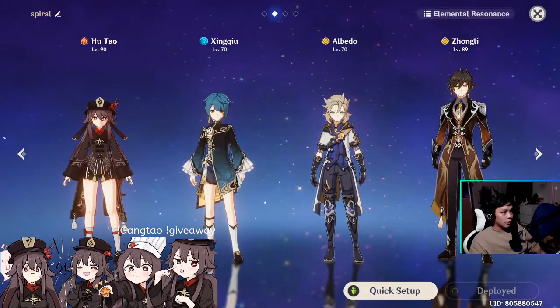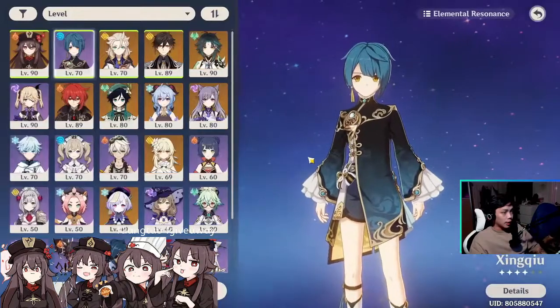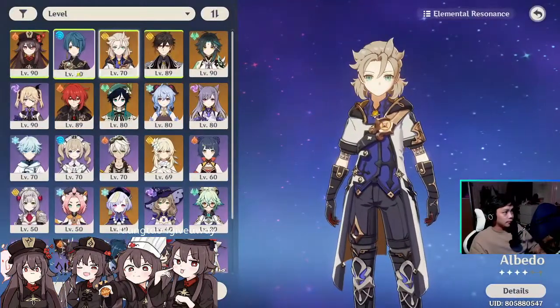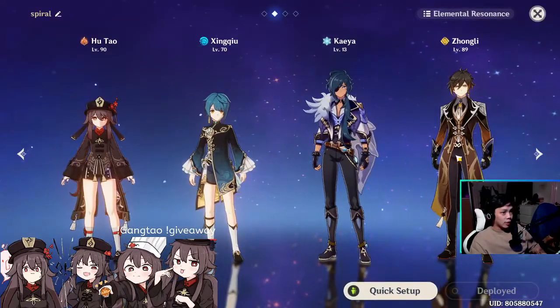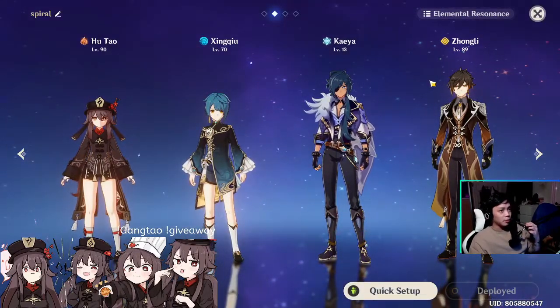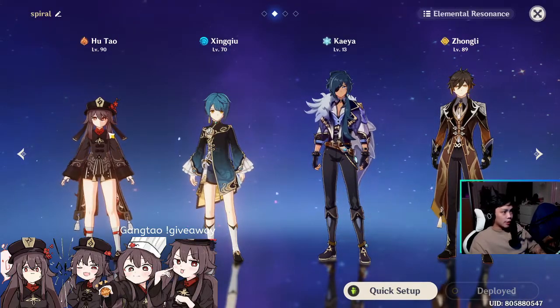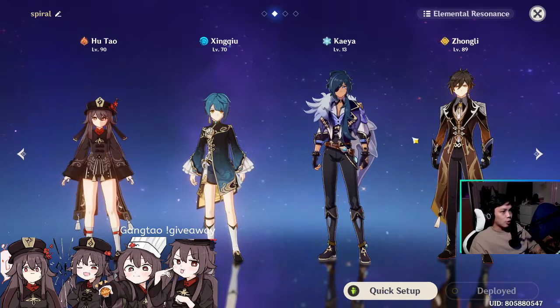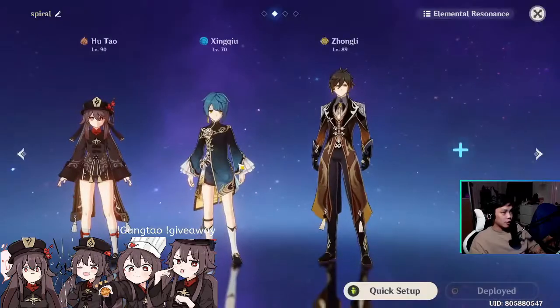So my first team comp that I've already prepared would be Hutao, Xingqiu, Kaeya. I'll explain why Kaeya, and also Zhongli. If you're not free to play, then I will give you another alternative. You can replace Zhongli with Noelle. So no matter what team comp you do, you must always have a shield character. Alright? So you must always have a shield character